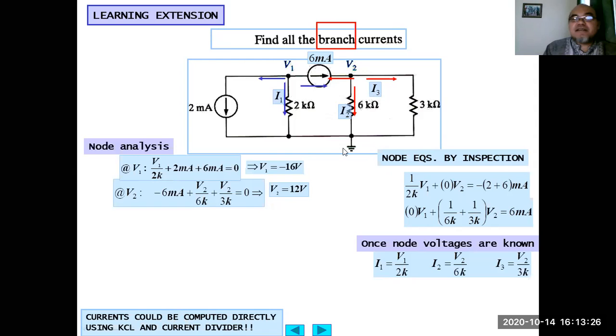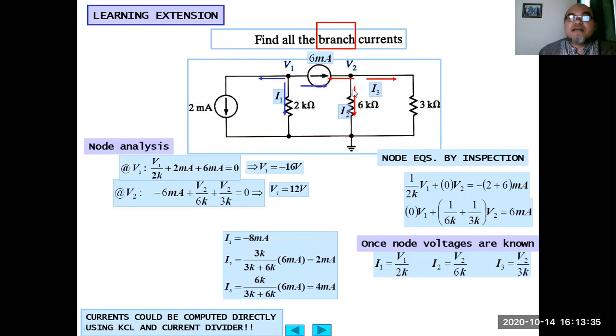Another way is, from this equation, we can solve the current by computing it directly using Kirchhoff's current law and also the current divider, because the 6 milliampere is basically divided through the split and becomes I2 and I3. So from here we know that I1 equals minus 8 milliampere, because Kirchhoff's current law in node 1 means that I1 equals current out equals to